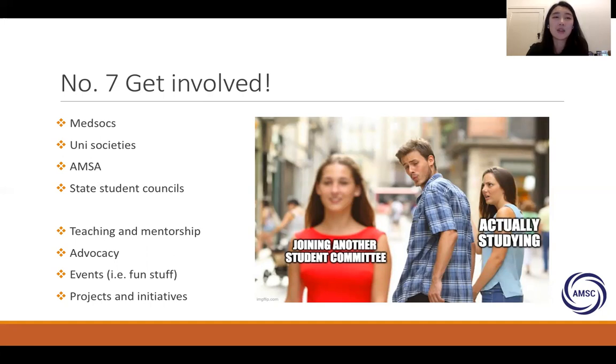And they're just really good opportunities to make friends, to engage in an aspect which you like. Some of it could be the more serious things like teaching younger students and mentoring them, or advocating for something you're passionate about. But also like organize events, do fun projects. There's really a variety of different things, and you get to practice your leadership skills,